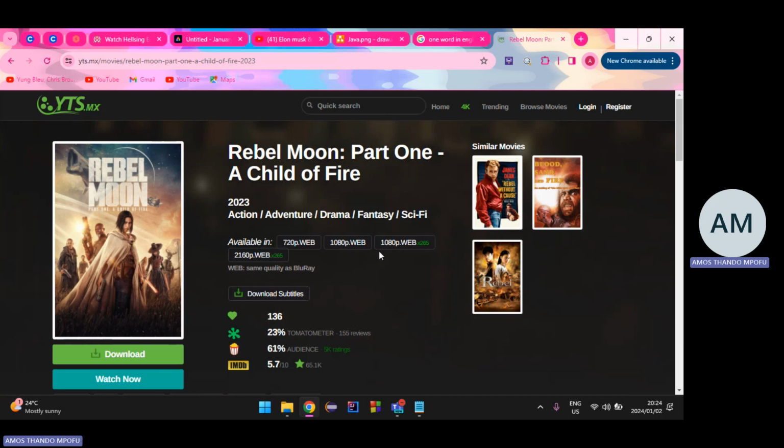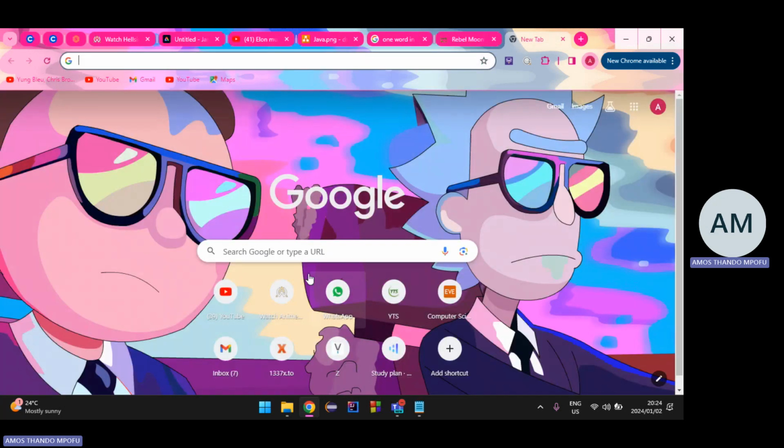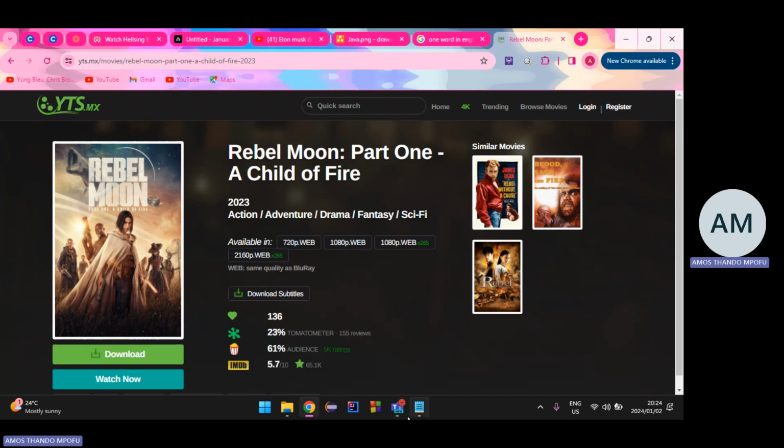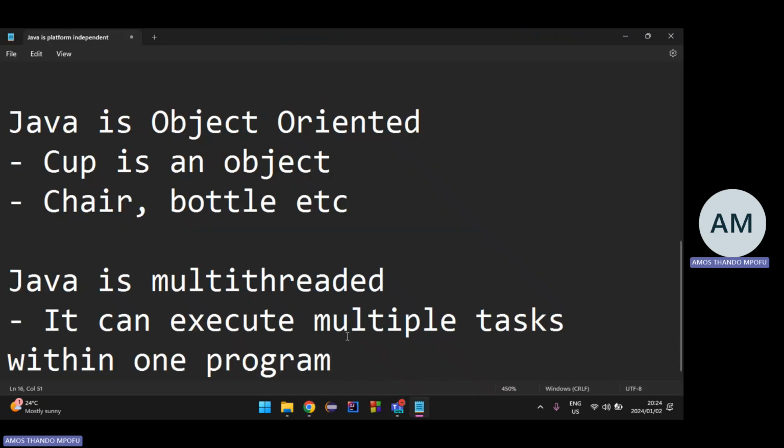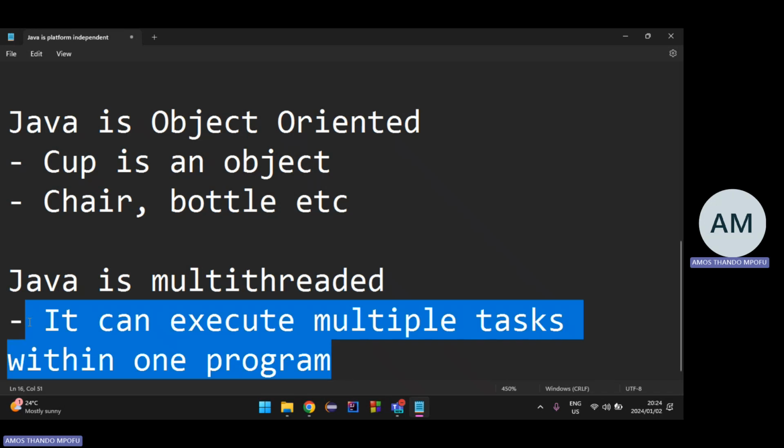You want to download a movie, and then you click to download the movie. While that movie is downloading, you're opening a new tab. You're doing something else. You're watching YouTube. There's multitasking in one. That's basically a multi-threaded program. It's completing multiple tasks within one program. Just like WhatsApp, it is multi-threading because you can make a phone call. While you're on the phone call, you can be posting your status. You see, that's two tasks. The computer interprets that as two different tasks.